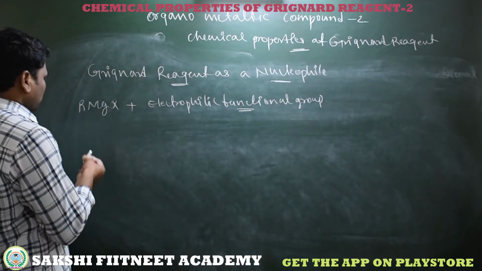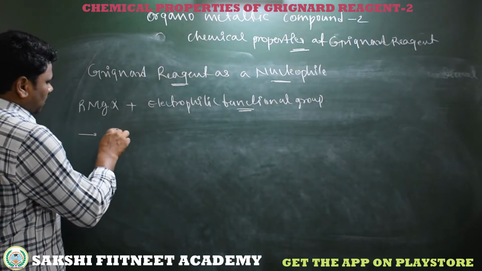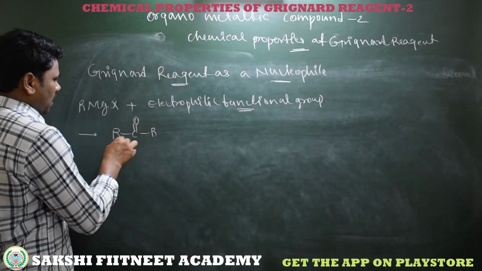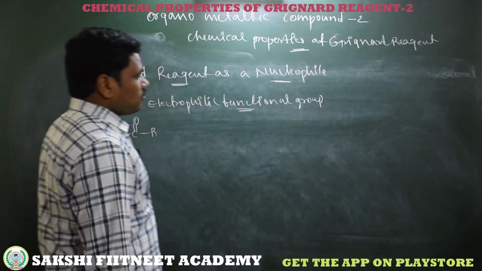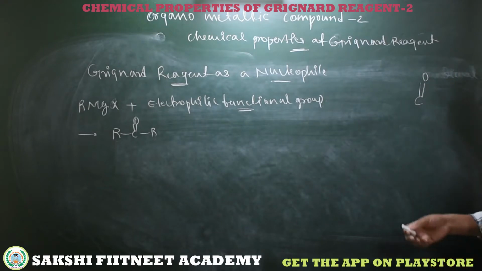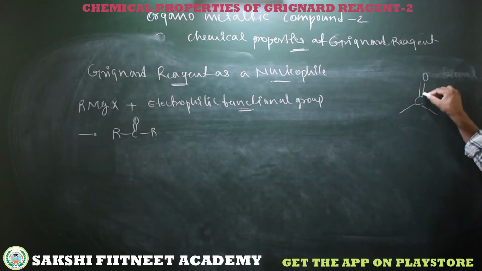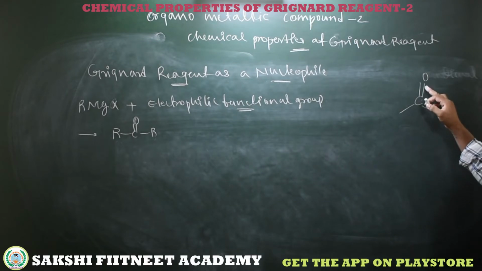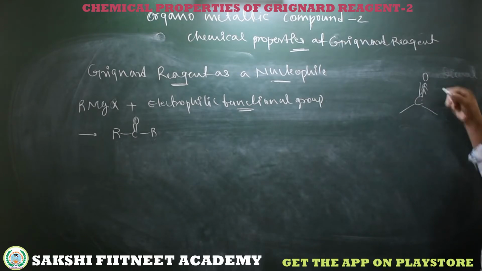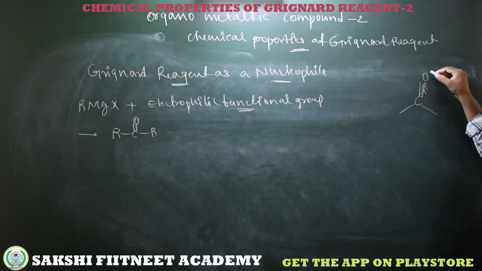Simple. The functional groups which commonly have a carbonyl carbon, like a ketone. See here, R C double bond O. What are the chemical properties of a carbonyl carbon? Simple, the carbon is bonded to the oxygen and has two other sigma bonds. There is an electronegativity difference between this carbon and oxygen. Oxygen is more electronegative, and here we have a sigma bond and a pi bond. What about the electron displacement? Electron displacement is towards oxygen, obviously due to the double bond nature, and oxygen is more electronegative compared to carbon.